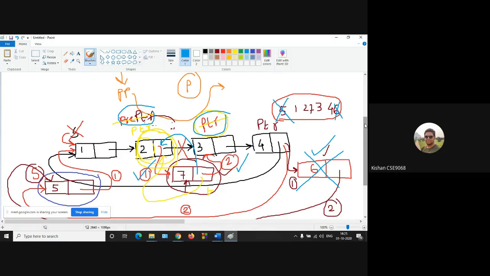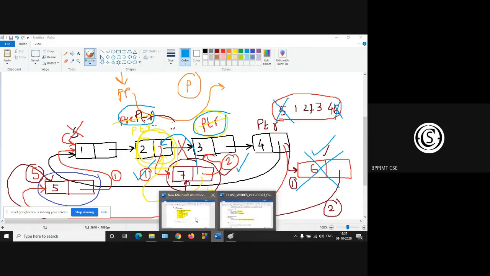Or we can directly do pre-PTR dot next equal to start. The next part of the 4 is pointing to the 1, start. Yes, sir. And then we can free PTR, the 6.